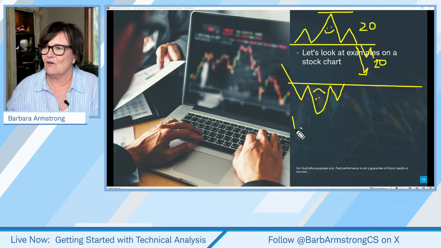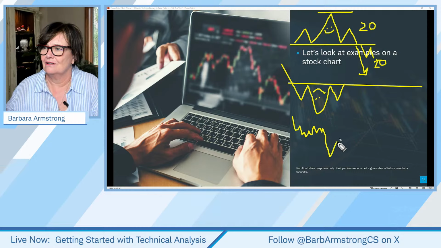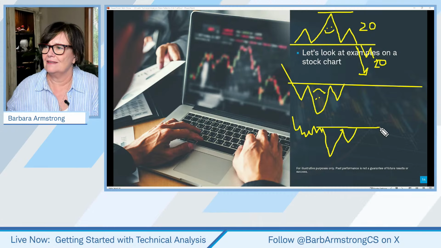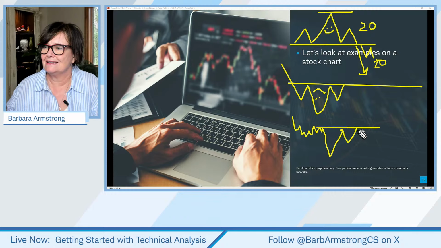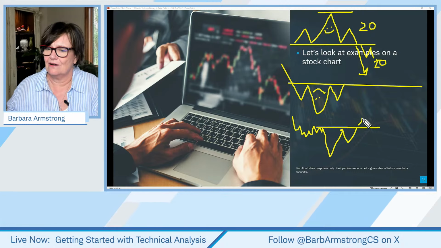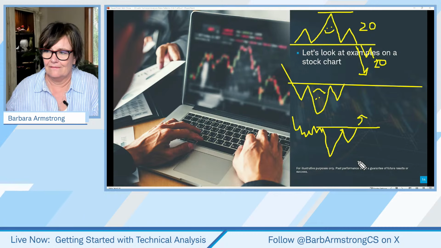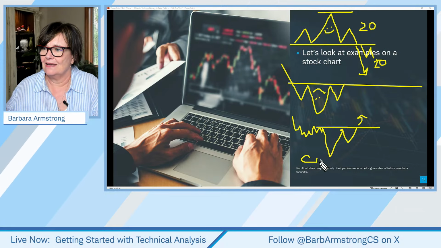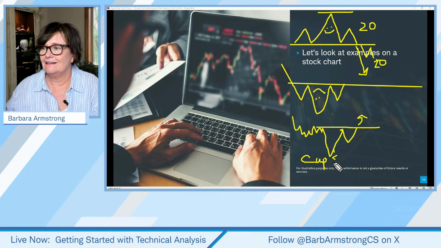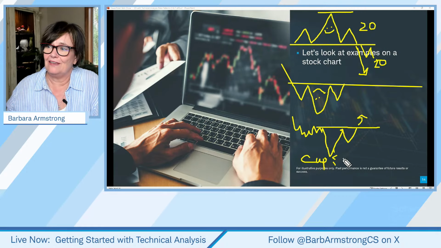Now, what if there's just a whole bunch of mishy-mashy stuff happening, and then it goes down and comes up, and then it comes down part way, but not all the way. And you're going, ooh, maybe this downtrend is over. And then, you know, we've got this potential resistance line here, and then it breaks out. What do we call that? We call that a cup and handle. And again, you know, you could call that big V, little v.